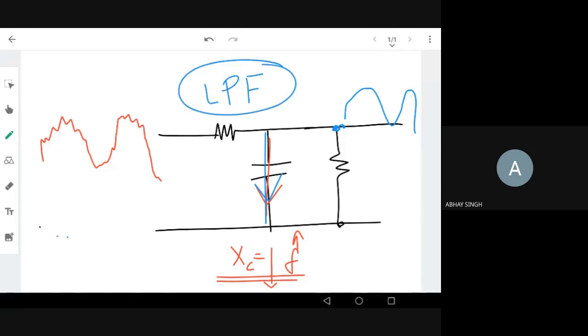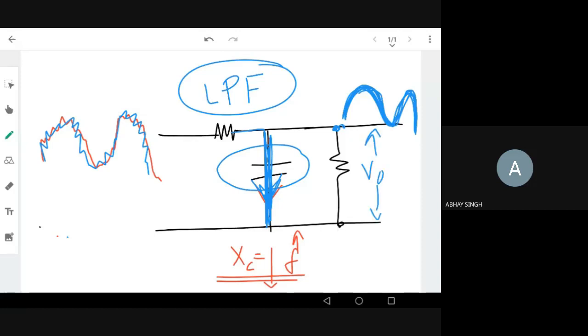What is the idea? Because of the high frequency parts in the input, I can use a simple capacitor to short circuit them. It is just shorted to the ground, right? So the output is only the low frequency part. This is what I call the signal. All the high frequency is usually noise, so if I eliminate those things, I'll get a low frequency signal. This is from the sensor, your voice, your video, audio. So this is your filter, called a low pass filter.